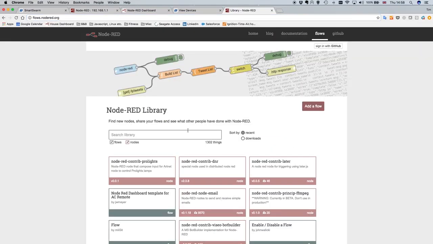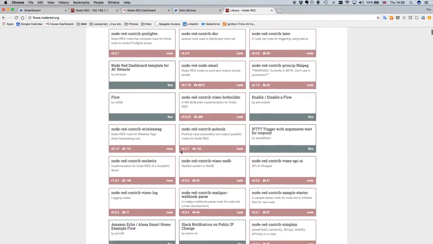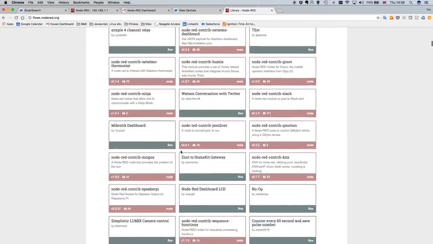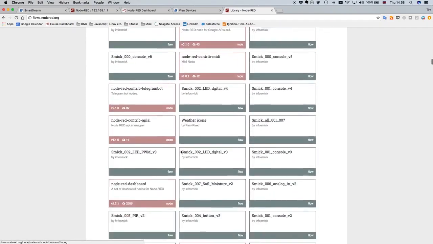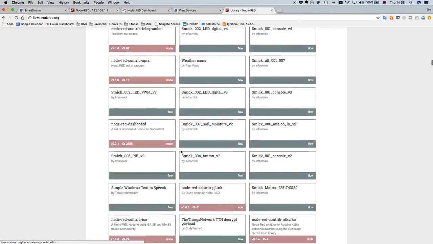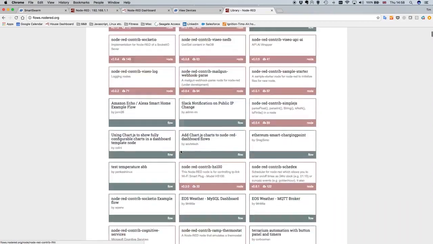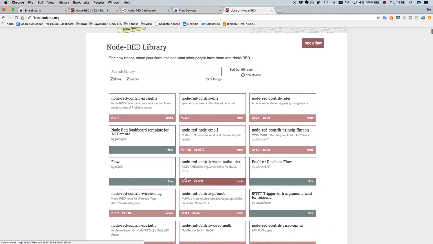This is a community maintained page where there are loads, and I mean loads, of additional nodes that you can download and put onto the gateway to do useful things. A word of warning: Node-RED's designed, amongst other things, to run on PCs, and obviously in the gateway we're in a much more resource constrained device. What that means in terms of all of these nodes is that some of them we're not able to support